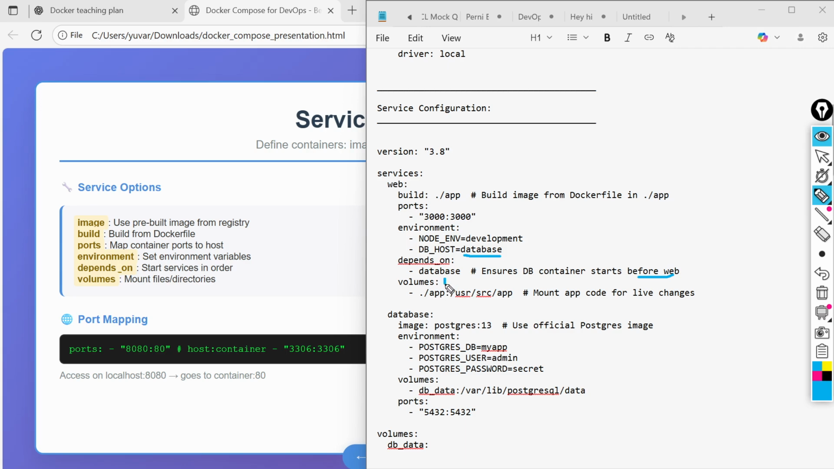And coming to the volumes, okay, this is also one of the options within the services, okay. Volumes here are different and volumes there are different, don't get confused, okay. So these are outside components: version, services, volumes, okay. So basically what the volumes here are doing is, we are mounting the app code for making live changes. Okay, let's say if you